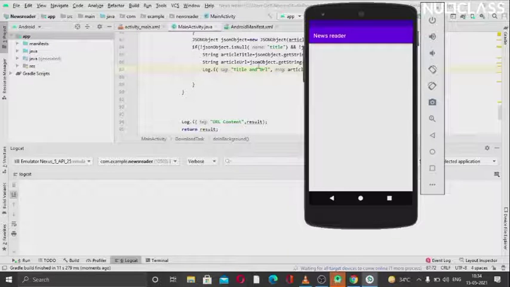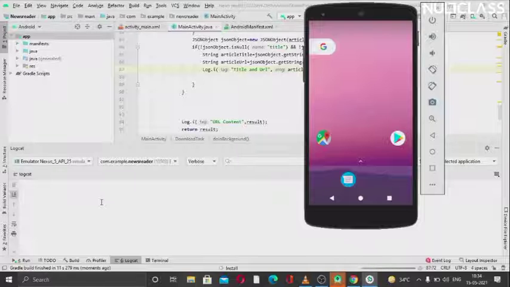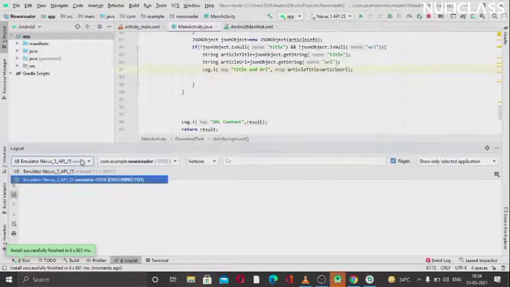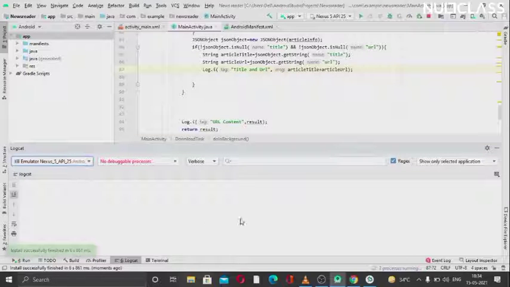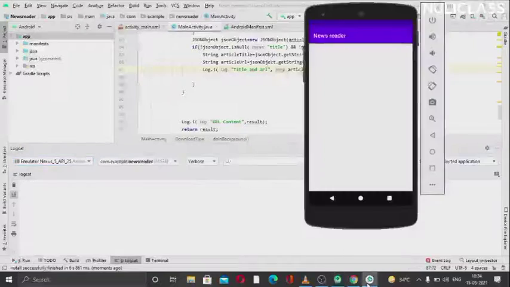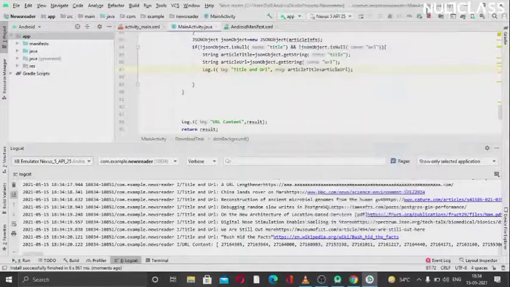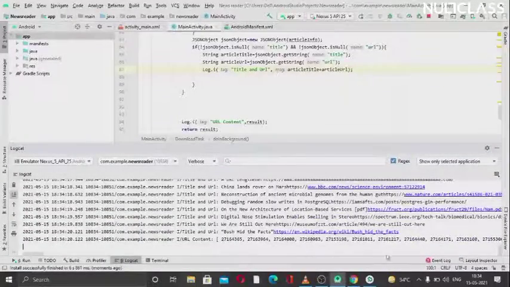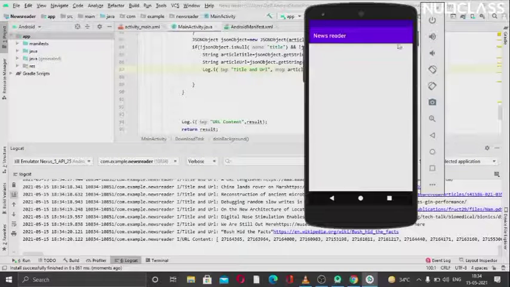So we should see now the title and URL only, out of the things which we were getting before. Out of them we should only see now title and URL. So this has come, we need to switch that again. Now this has come, we should see it above. I'll scroll down here. This is not showing. Yes, it is shown.